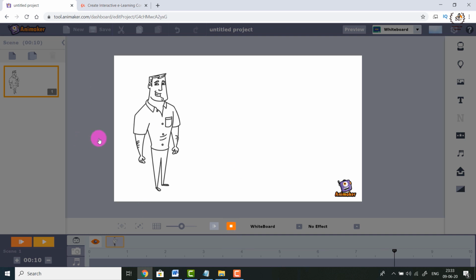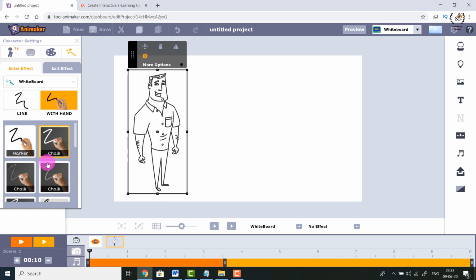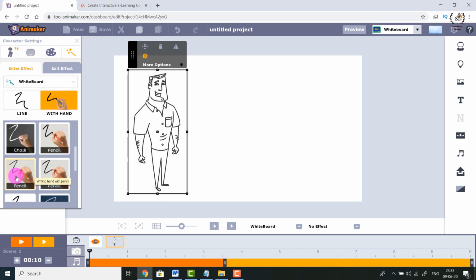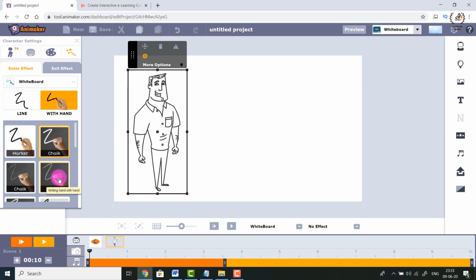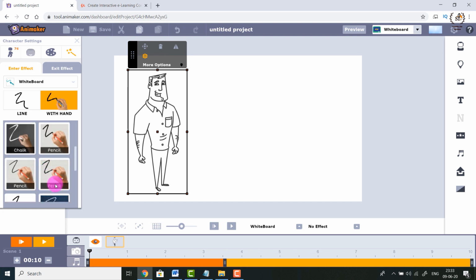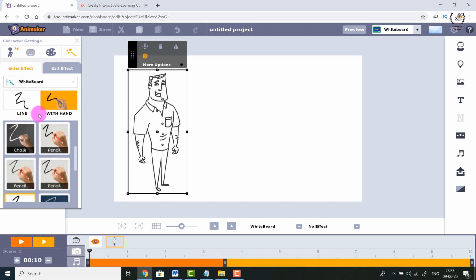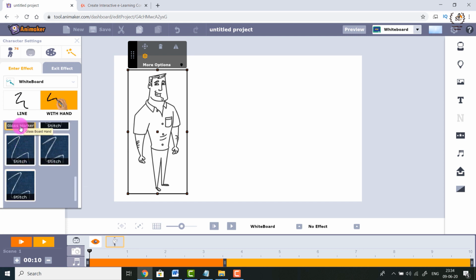So what you can do is move back and make some corrections. Go to the effect. First of all, add a hand, and second, you can opt for this particular option. Let me find it. Yeah, where is it? This glass marker. Yeah, this glass marker option is very apt for this particular situation. I have opted for this glass marker option. What it will do is, let me show you.